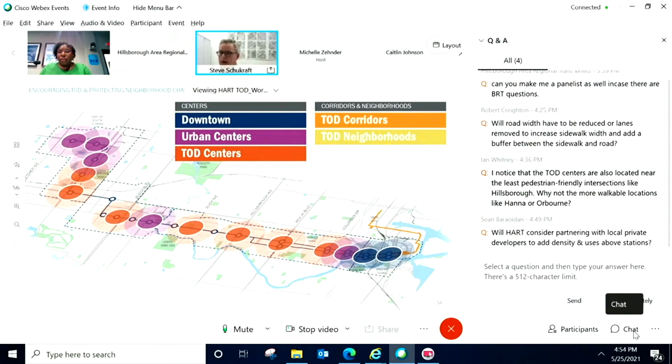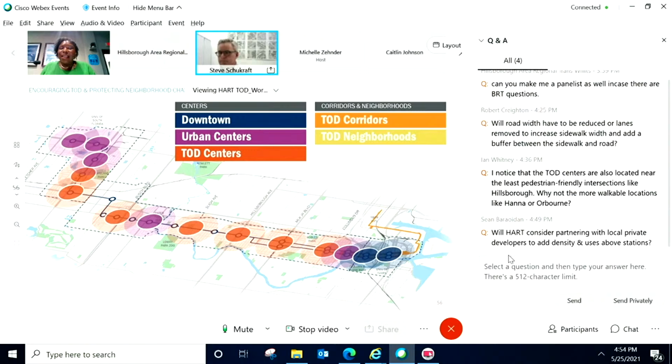But we would try to get some form-based provisions in the basic standards in an overlay that would help ensure higher levels of compatibility. And the places we're looking at are outside of the existing historic districts and those neighborhoods that are currently delivering a lot of the naturally occurring affordable housing, but are really vulnerable to change. And this project could accelerate that pace of change. So we want to make sure the controls are in place in those locations so people don't completely change the character of a relatively stable and affordable neighborhood.